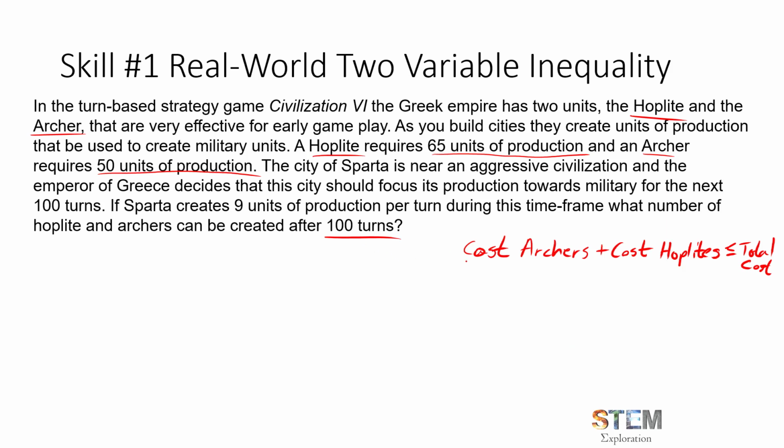And so if you ever want to do something like this, we have to create a component for each of these pieces. So an easy way to do this is that if you look at hoplites